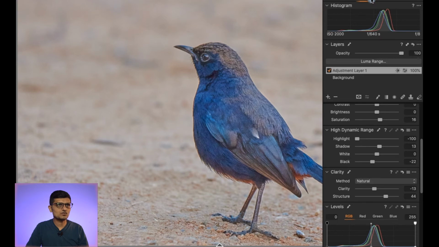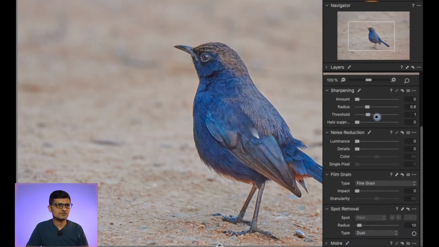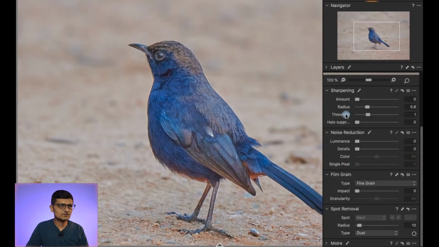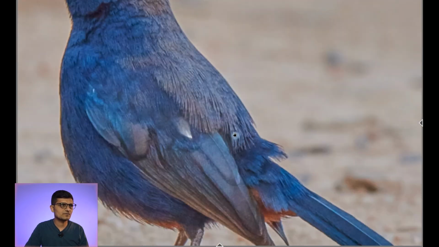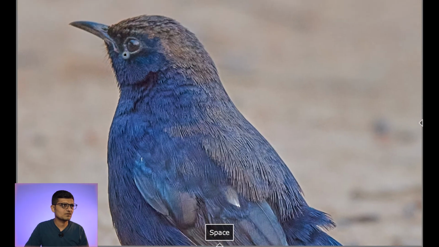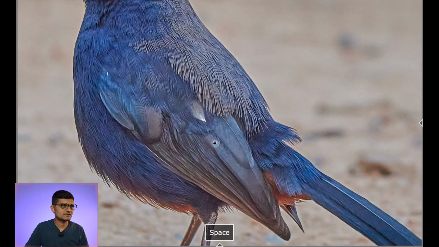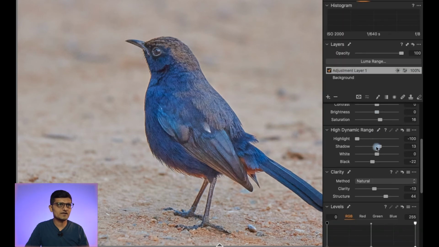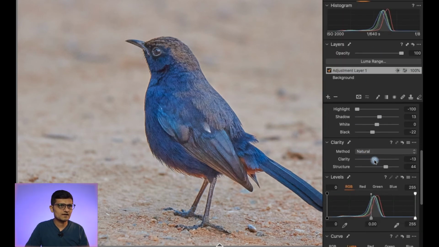Now I'm going to go to the Details tab, and because I've shot this at quite a high ISO of 2000 and it was underexposed, when we recover those details it goes even further noisy. So I'll just remove a little bit of noise. I think this is fine. Let's wait till it loads. Look at that, very nice details. And again I will go back to the main exposure tab and give negative clarity to smoothen it out a little bit.